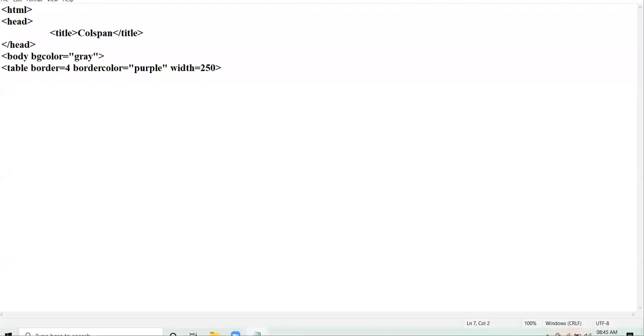Now today I'm giving one new tag, caption. What is the role of the caption tag? Caption tag is always written after the table tag. Caption tag is used to specify a short descriptive title for the table. The title that you will give in the caption tag will appear just above the table. The caption that you will write after the opening tag of table, it will appear just above the table. Okay. All right.